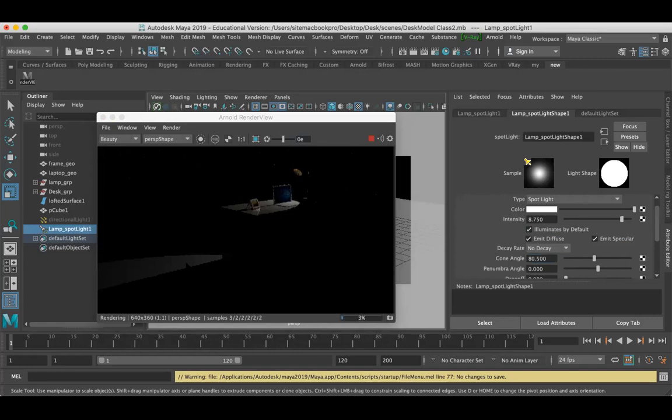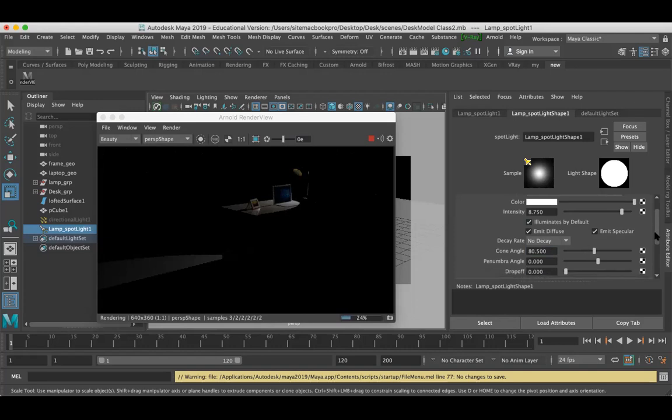80.5. You can see here the light hits over here. We are getting the light over here. The spotlight is getting here. Previously it was 40, that means I was just getting the spotlight here. It doesn't happen that way. If you have a night lamp on the table, it will reflect on the floor too. So that's why I just increased it to double, from 40 to 80.5. Once it is done, now look into the penumbra angle.